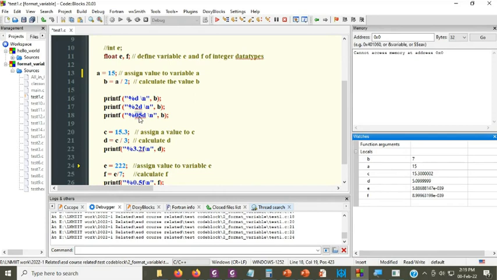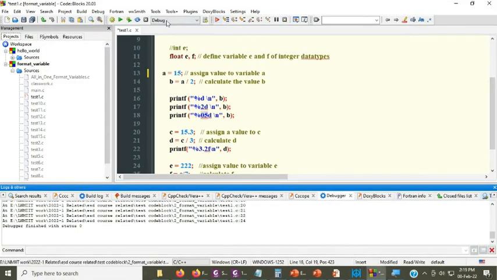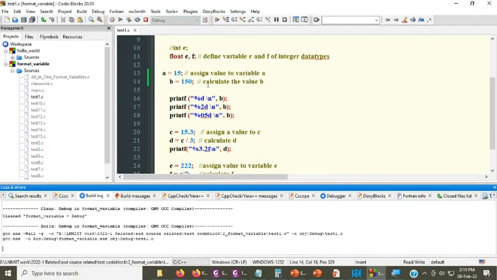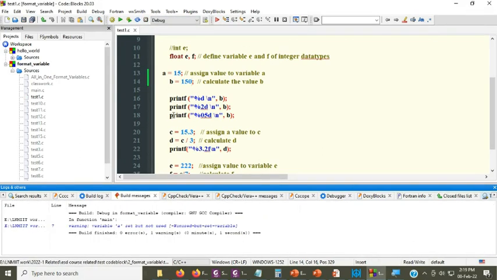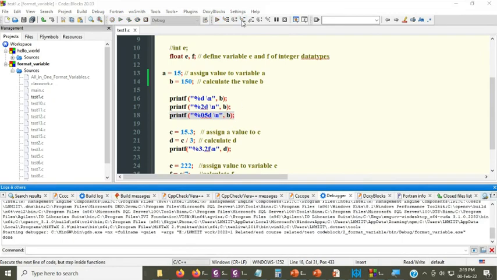5 spaces. Understood? Okay. Instead of d, for example, if I write b, there are so many things to explore. Remember, if I write just here 150, now it is 3 digits, taking 3 digits, right? But still you are telling the system to print this value of b in 5 spaces. So let us check again.